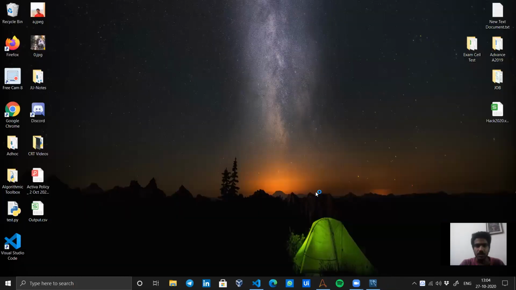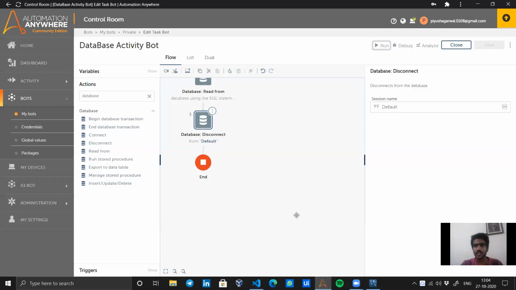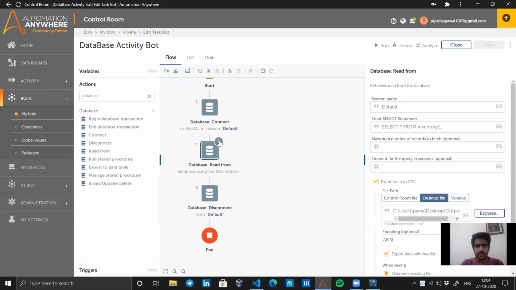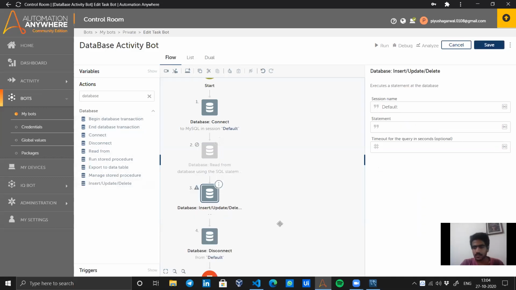Now let's do another. First, we will insert some data in our database using A2019 only. So I will just disable this action and now use insert, update, delete. Let's insert more than one row, or probably just one first for starting.